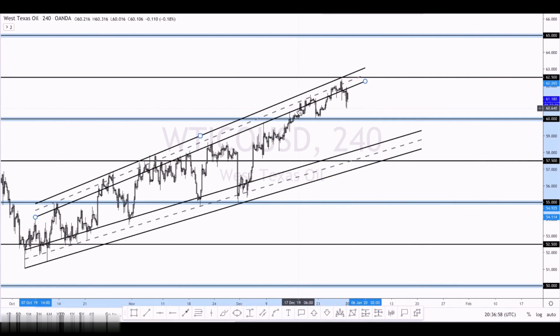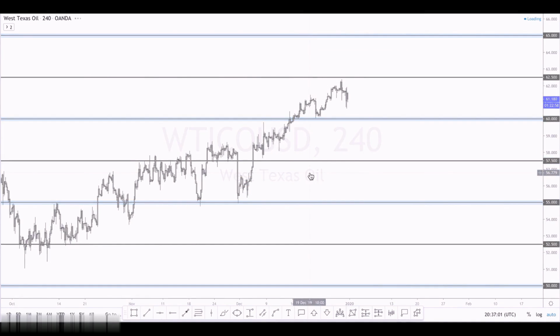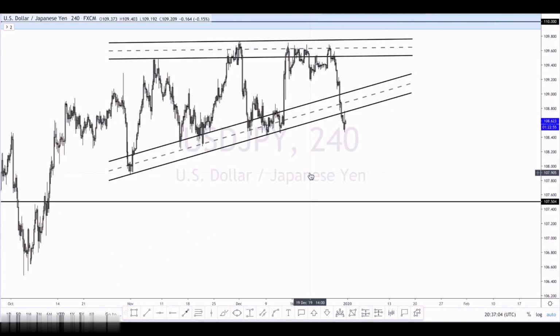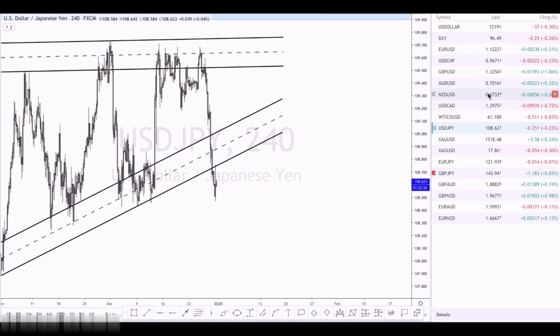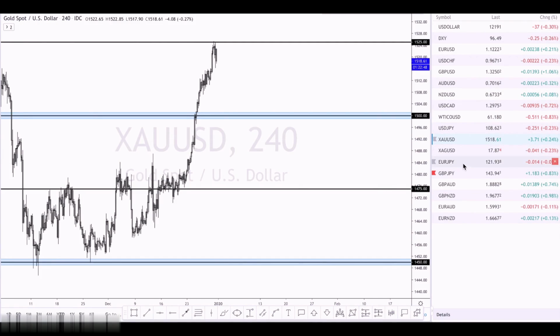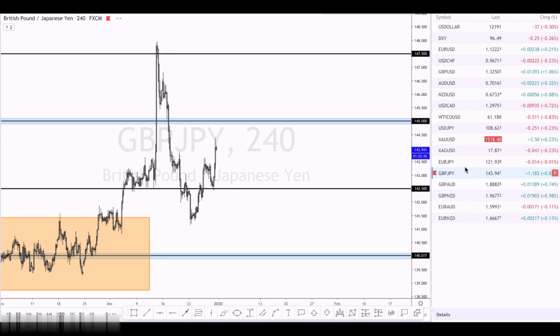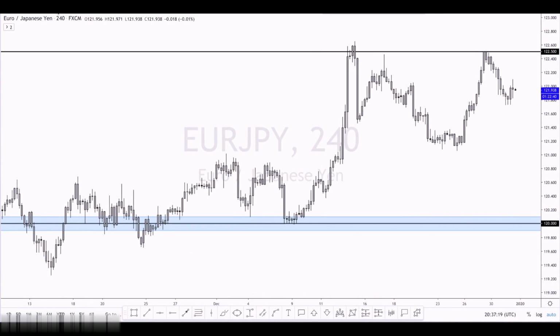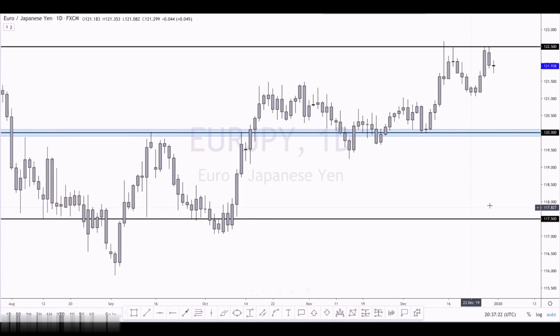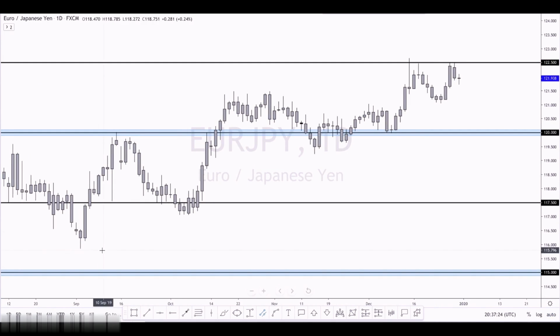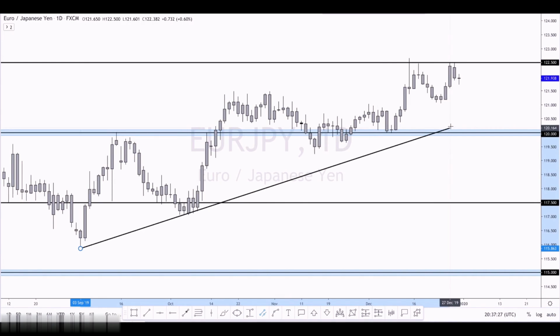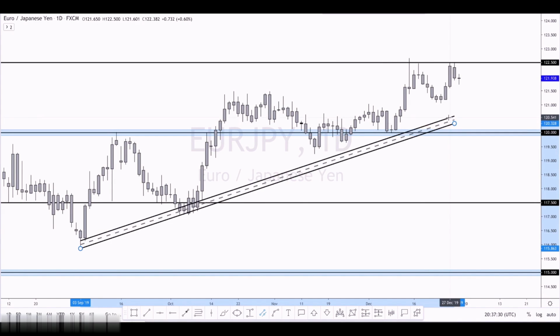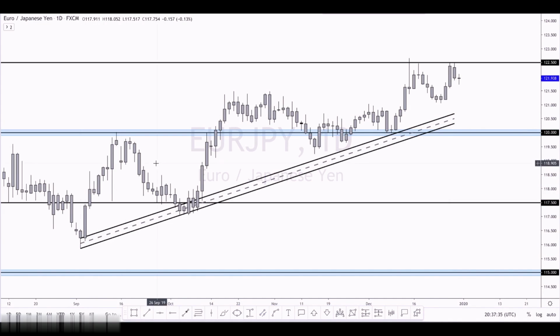So when you look at price like that and give price a bit more room using channels, don't be scared to have an idea and alter it, or have something old and alter it, because essentially that's what you need to do. You need to find your own niche. You need to understand how price can work for you. So even with euro yen, just finding another example here. So euro yen, even with me, again, it's another scenario of, with euro yen, we had this region here, but if we drag it up just to the candle body, so you see the body to the tail, then you can see